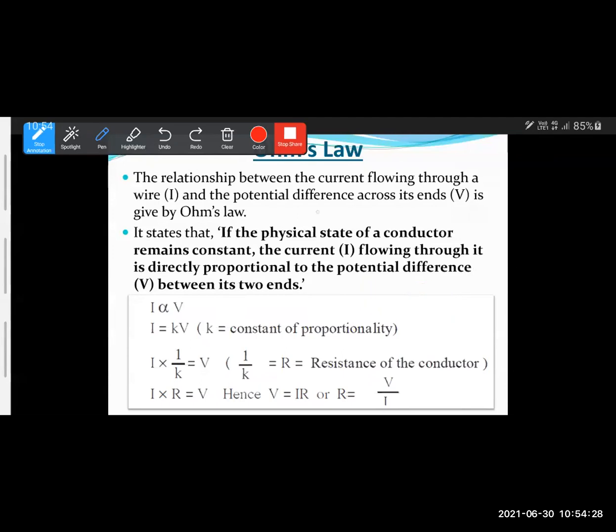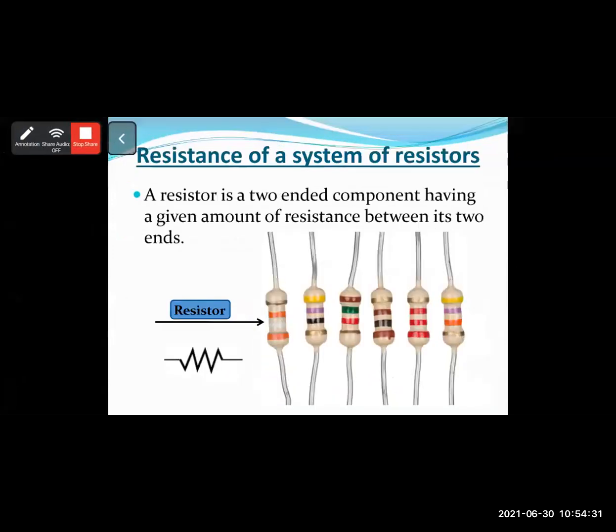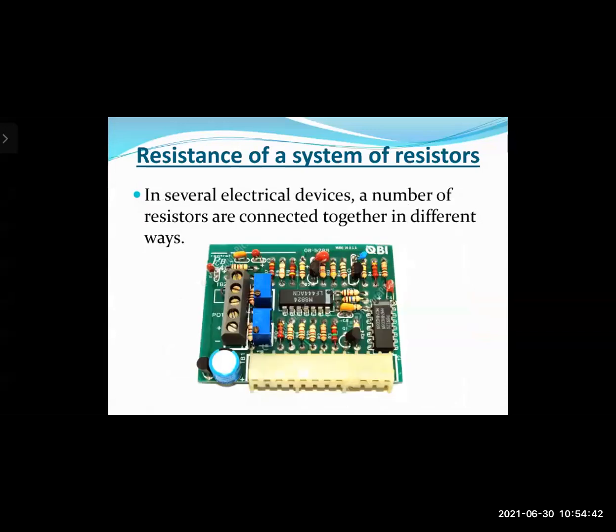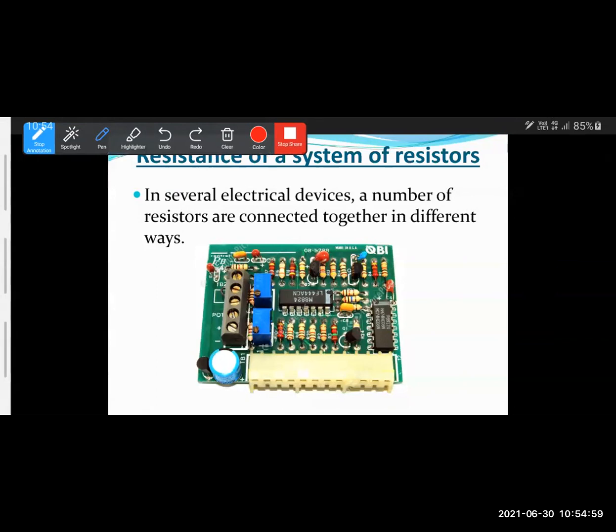Then if we move on further, we had just discussed the concept of resistors. Resistors are devices which obstruct the flow of electricity across a conductor. Now there are various ways by which a resistor can be connected in a circuit. As you can see here in the diagram, if I can mark these for you, there is a resistor over here, then there are so many resistors over here, and all of these different resistors are combined here in the circuit.